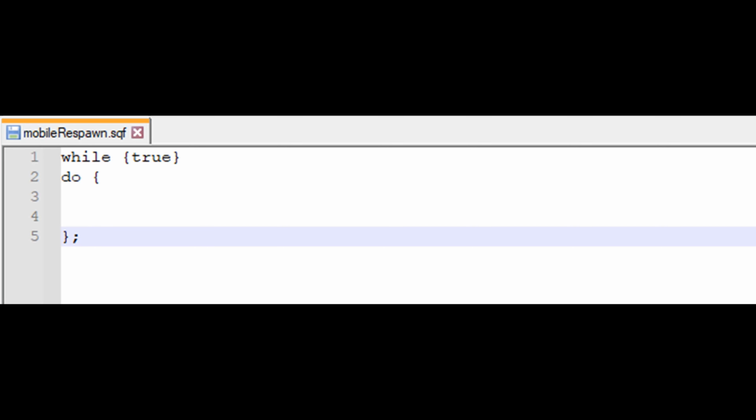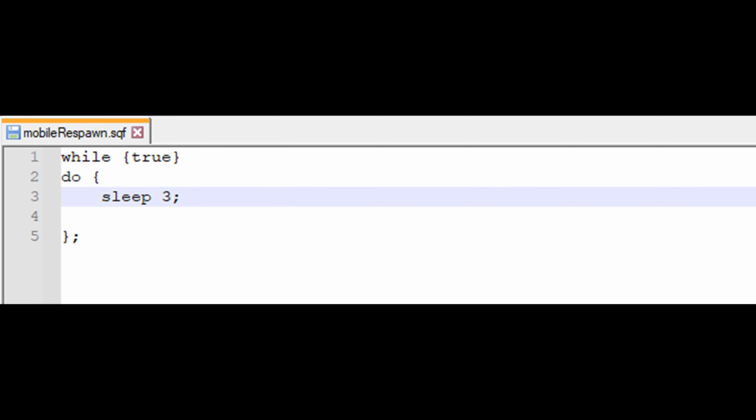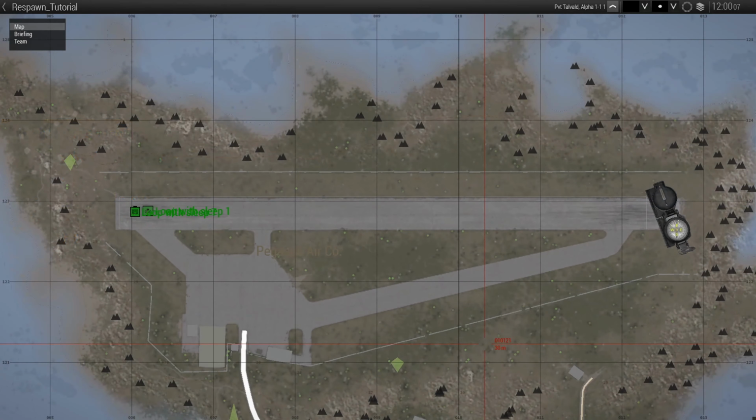The loop will now run multiple times per frame and hurt your performance. So we want to add a suspension. Inside the do bracket, we are going to put down the code sleep 3. This will make the loop wait for 3 seconds before it starts again. You can put down whatever time you want. Just remember, the higher the number, the longer the time for updating the position will be. The lower the number, the shorter the time for updating the position will be, but the code will run more